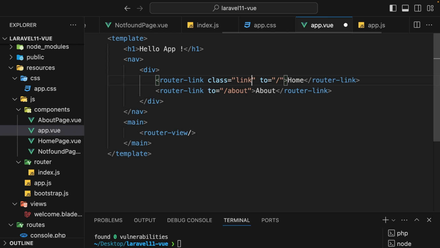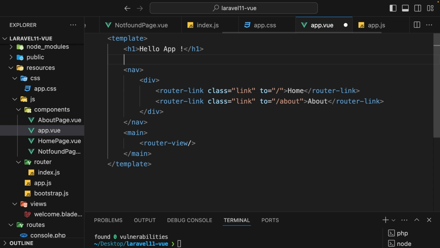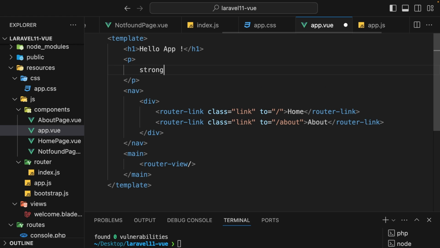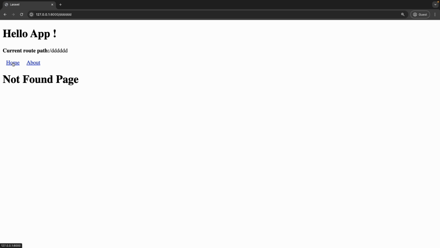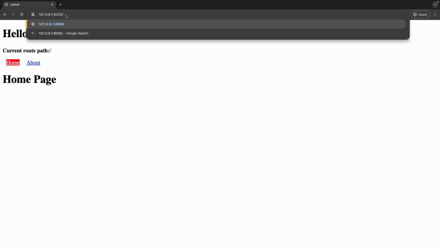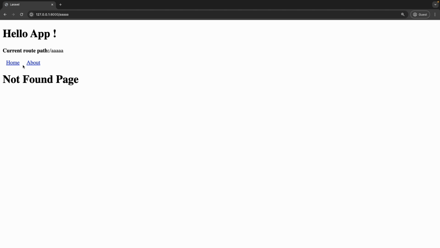Let's add on component in App.vue a class link on our router-link. Alright. And add a p tag with strong tag, current route path, with $route.fullPath. Alright, let's now go take a look at what will appear in our browser. You can see now if we navigate in a different page,